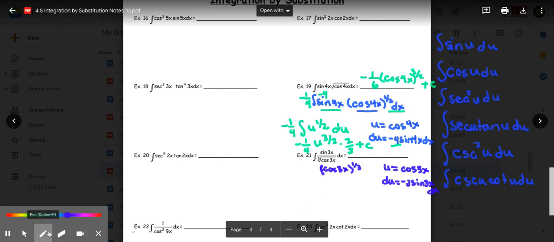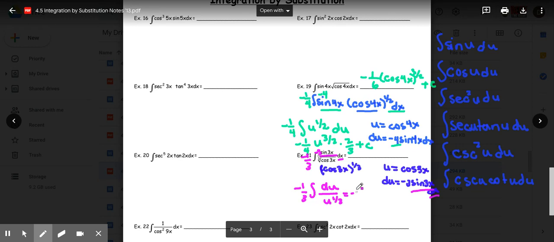So I'm going to highlight this in pink. The sine 3x dx is already in the problem. We just need the -3. So I'm going to put in a -3 and multiply by -1/3 on the outside. And that's going to give me -1/3 the integral of du's on the top, u to the 1/3 is on the bottom. So that ends up being -1/3, the integral of u to the -1/3 times du. And we integrate this with normal power rule. So it becomes -1/3